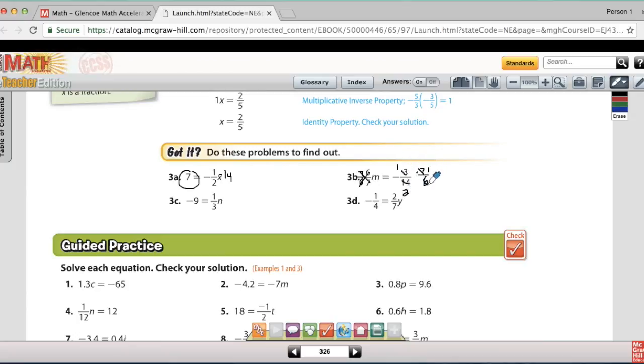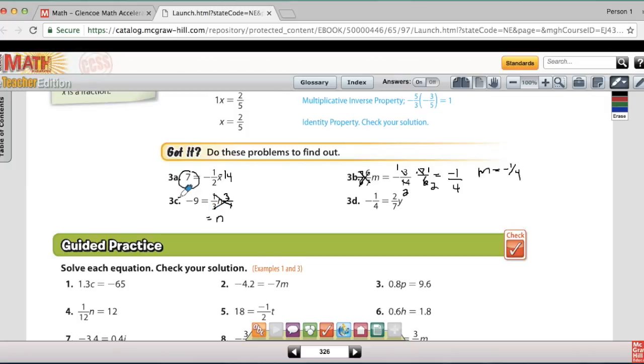3 goes into 3 once, into 6 twice. -1 times 1 is -1. 2 times 2 is 4. So m equals -1/4. On 3c, multiply by 3/1, so the 3's and the 1's cancel out, leaving the n by itself, and multiply by 3/1 to get